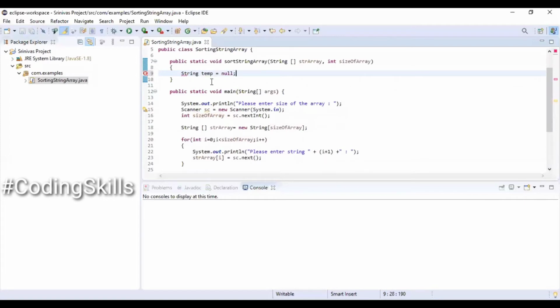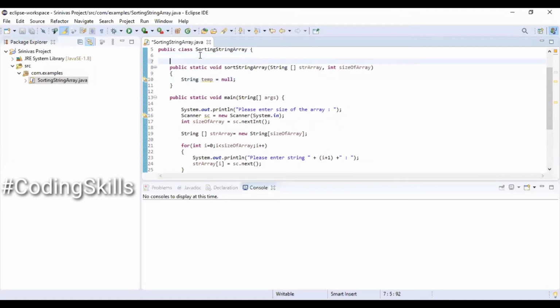String temp equal to null. So this temp variable we are using as a placeholder for sorting. Right now we are looking at approach 1 using a regular comparison. Primarily we will be using the bubble sort technique here.